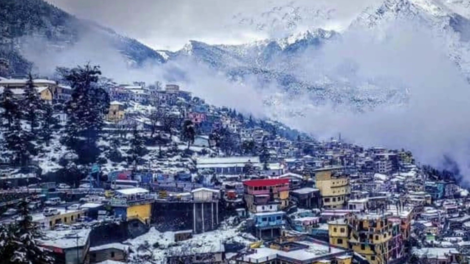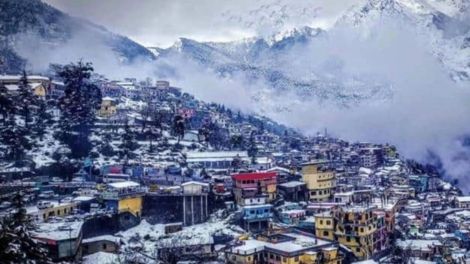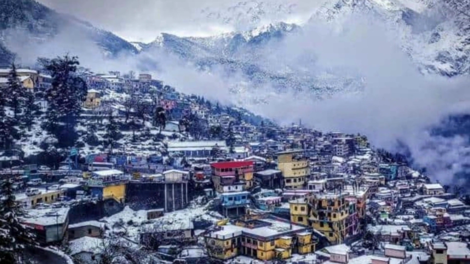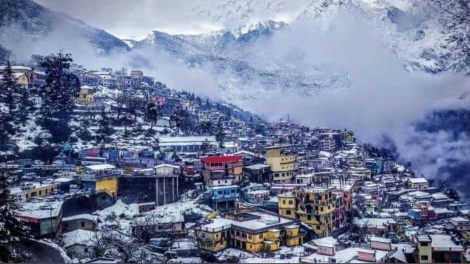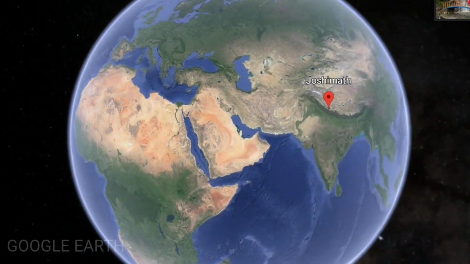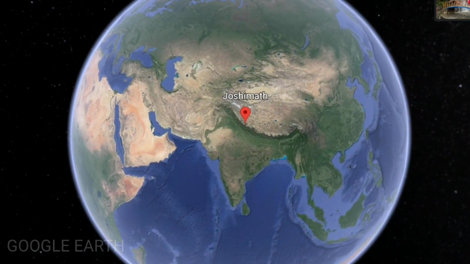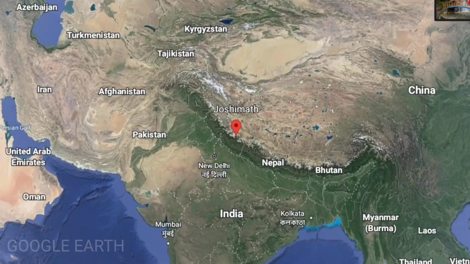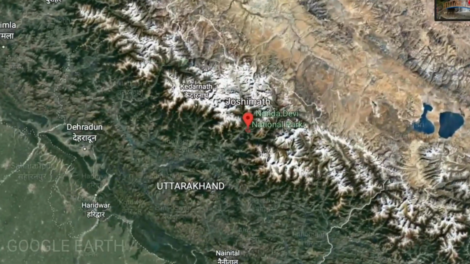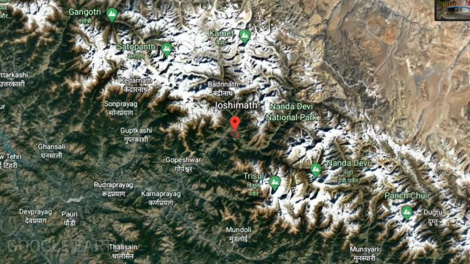Where is the town of Joshimath situated? At a height of 6,107 feet, Joshimath is a busy town in the Chamoli district of Uttarakhand. Despite a population of only about 23,000, it has been heavily built-in, with hotels, resorts, and a bustling market that caters mainly to tourists, pilgrims, trekkers and personnel of the Army and the Indo-Tibetan Border Police, ITBP.